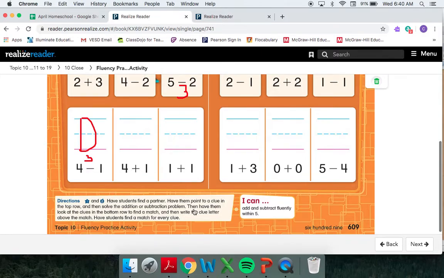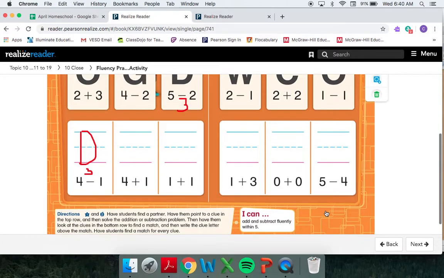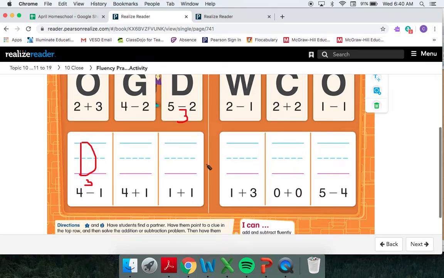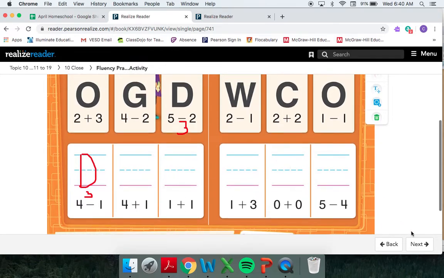The instructions are down here on the bottom, and this is a fluency activity, so they should be able to do this with little effort. If we go to the next page in our fluency practice,